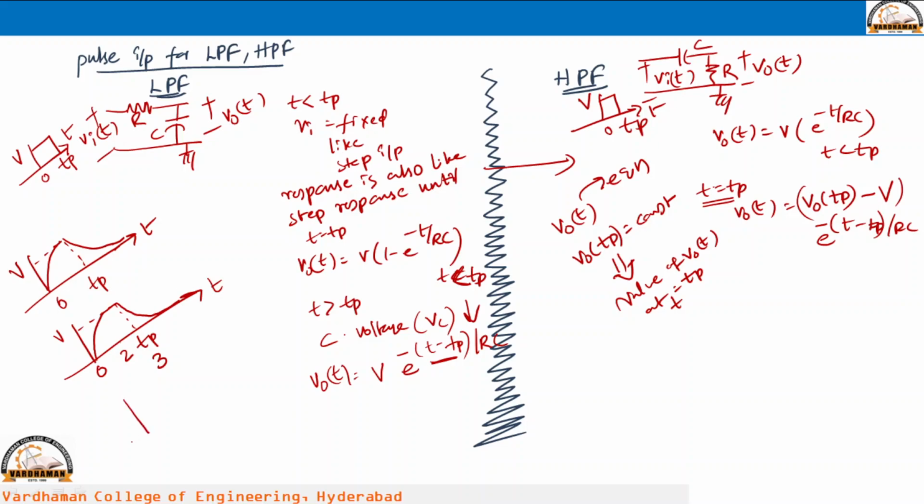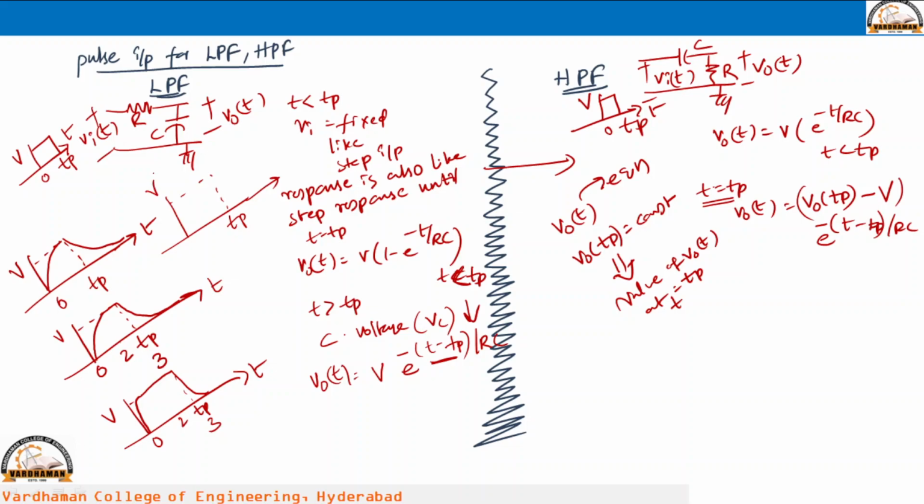Sometimes what will happen means, no need to wait for the 2 seconds also, it will be charged immediately up to V volts, then it is maintaining V volts up to Tp, then there is a reduction in the capacitor voltage, like this we can take. So, all these things are possible, and one more is also possible, it can charge up to Tp seconds, it can charge up to V volts,